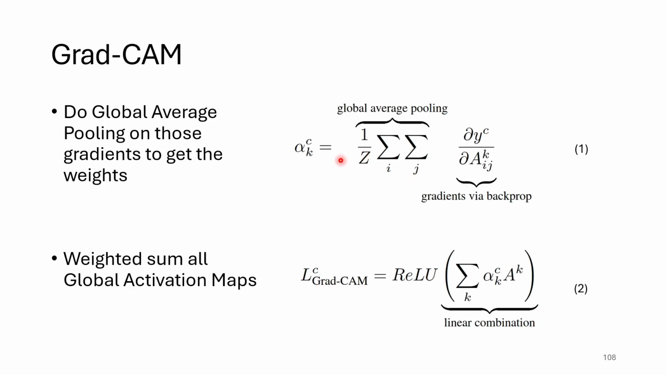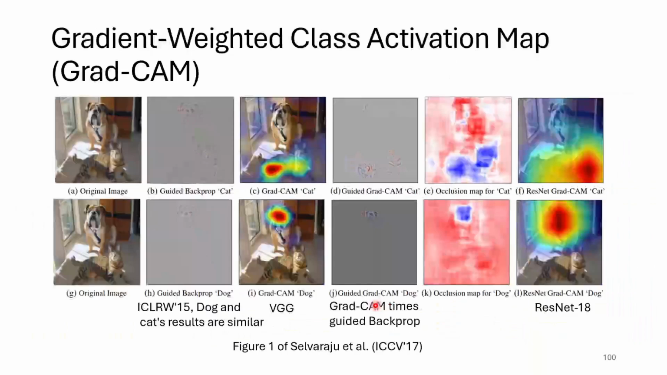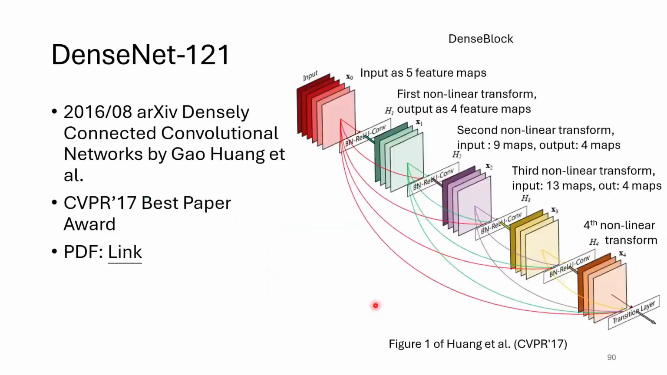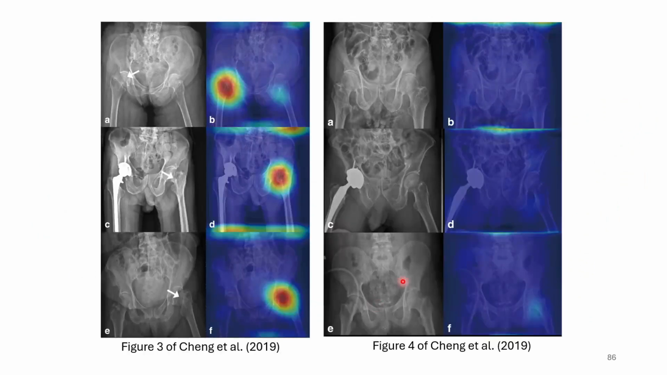But however, some of them are, I should say, because it's a gradient. Gradient can be positive and negative. So they add a ReLU to suppress those negative gradients and see the result of the positive value. All right. So that's why